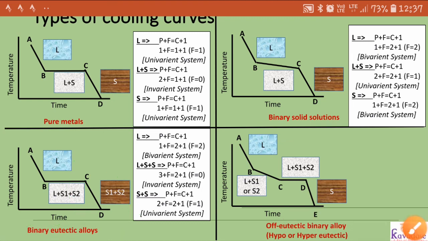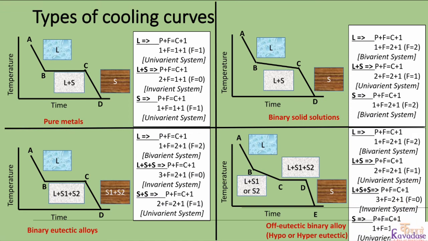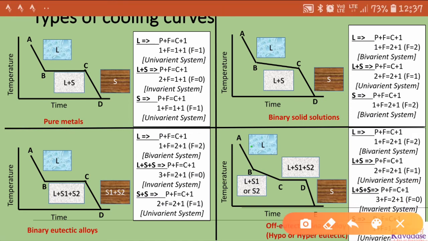And then in the last step of the eutectic binary alloy system, in A to B state only L is present, means phase is 1, and binary system means number of components is 2. After substituting the values you will get F equal to 2, means bivariant system, similar to the binary eutectic system. In the second phase we will get L plus S, okay. In B to C you can see there is L plus S1 or L plus S2,